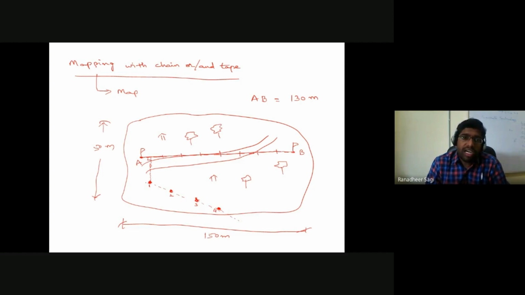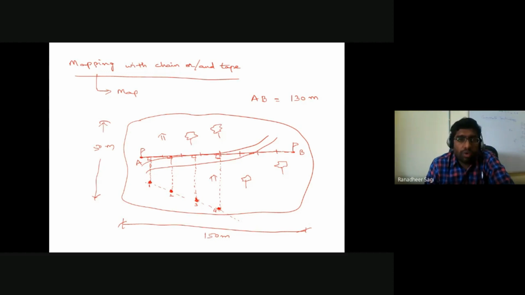And similarly, if required, from the second electrical pole also you can drop your perpendicular onto the line AB. And from the third electrical pole also, if you want, you can drop it. And likewise, from the fourth electrical pole also, you can drop your perpendicular, or drop your offsets, onto the line AB. Once I am dropping my perpendicular from electrical poles 1, 2, 3, 4 onto my survey line, or control line, that's the AB line, then I'll measure.